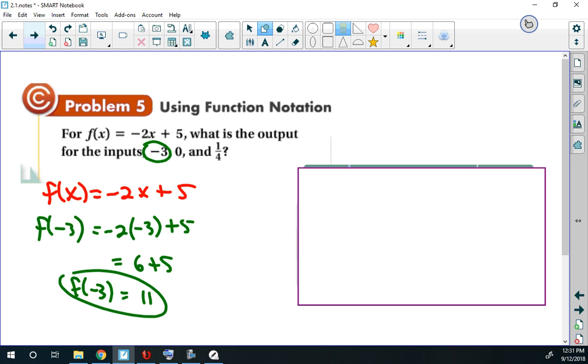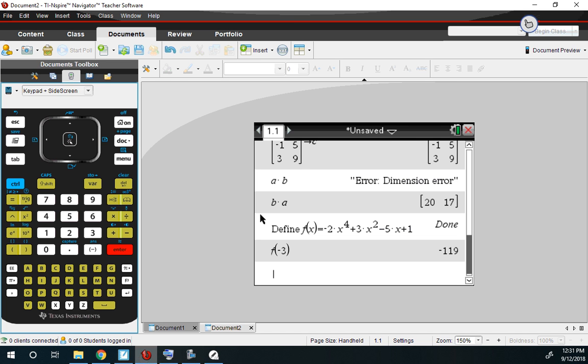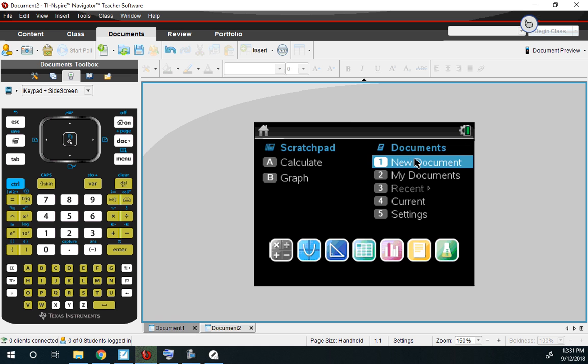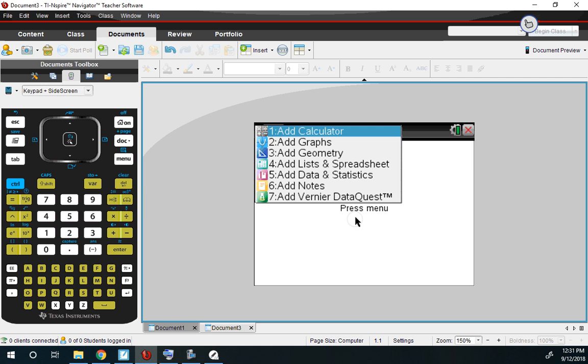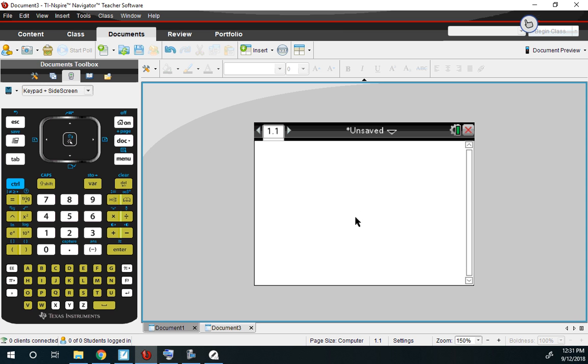So what I'd like you to do, if you have a calculator handy, if you don't, go ahead and take a minute and grab one. I'd like you to realize that you can actually have the calculator do these for you. Like I always do about this time, I start with a new document, I don't save changes, and I go and add a calculator page. And I type in on a calculator page, I just type in